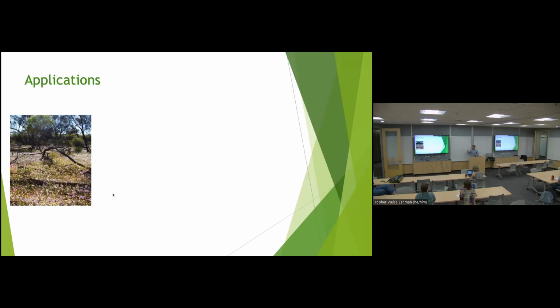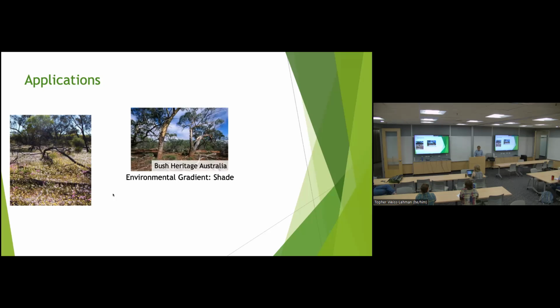So we also then wanted to apply this to some existing data that we had available. This is data from York gum-jam woodlands in Southwest Australia. These are woodlands with York gum-jam trees and then a sort of understory of annual grasses and forbs primarily. And this is a nice system to test out this model with because there's already 2 environmental gradients that have gotten a lot of study in this system and have been predicted to have an important effect on that understory